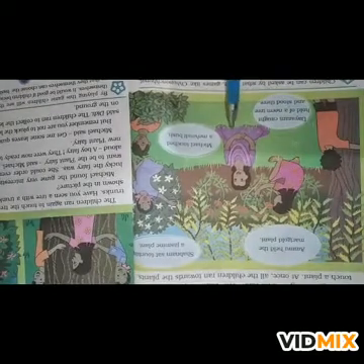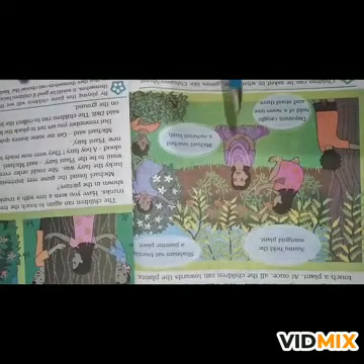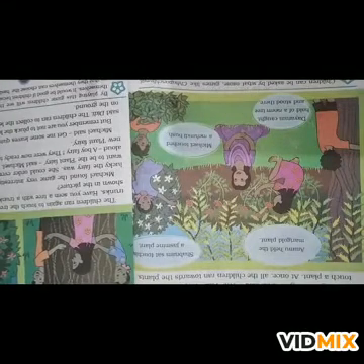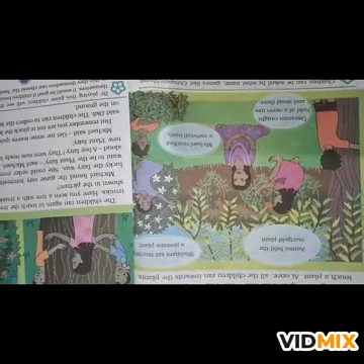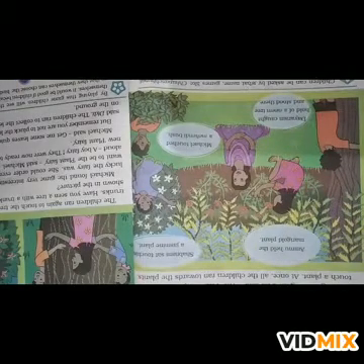Didi becomes the fairy, and she instructs them to play the game. She said, go and touch the plant's leaf. They have to notice the leaves carefully. Then she said to collect the leaves and explain about the leaves.